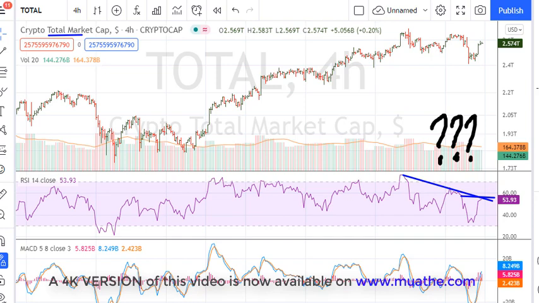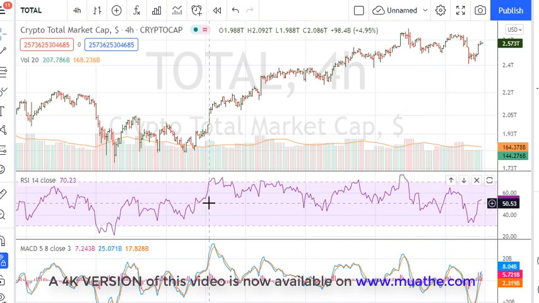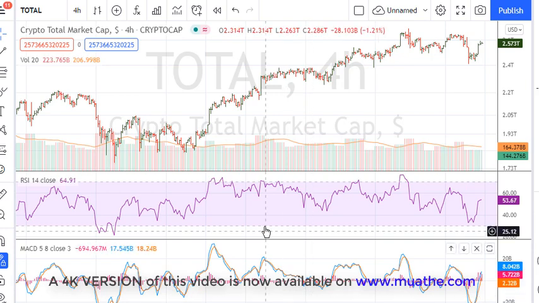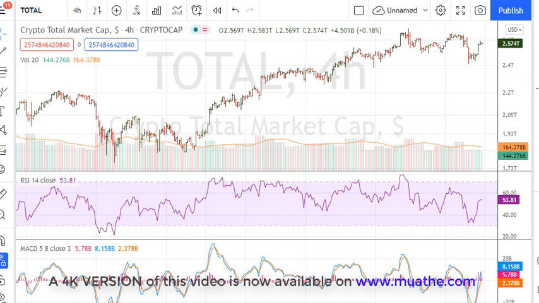It would make more sense, in my opinion, and I don't know for sure, that there might be a resistance around here, based also on what the S&P 500 looks like on its 4-hourly. But if you're playing the cryptos and any of the instruments are breaking out, buy the breakout, ask questions later, because the RSI is above 69.1 on the monthly.